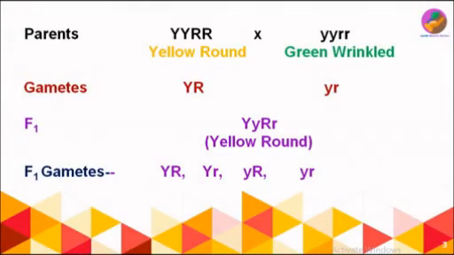So here we will understand the dihybrid cross, and from that we will understand the law of independent assortment. We have selected a homozygous yellow round dominant parent and a homozygous green wrinkled recessive parent. They will give rise to gametes capital Y capital R, and small y small r. In F1 there will be fusion of these two gametes, and they will produce capital Y small y, capital R small r, which results in yellow round seeds. So you can see yellow round seeds.